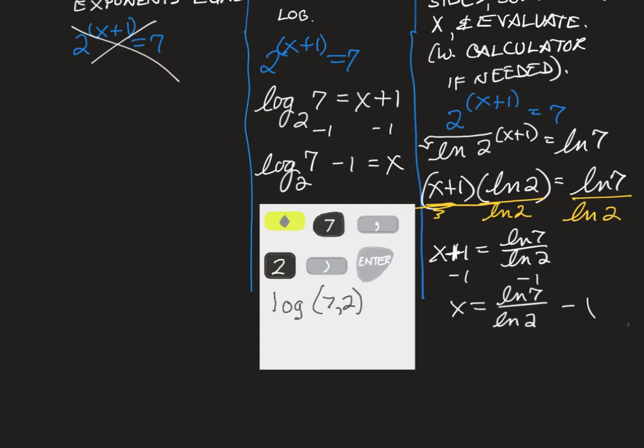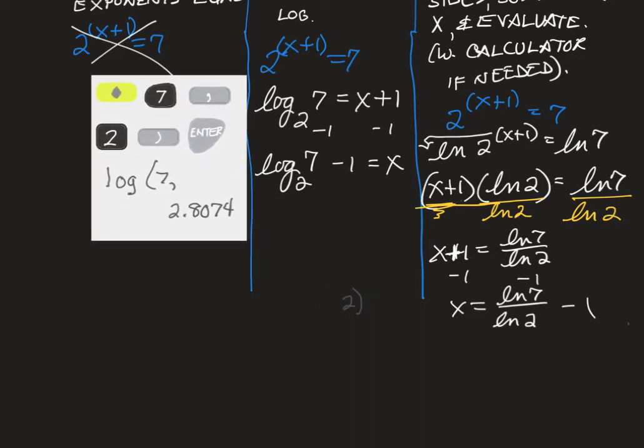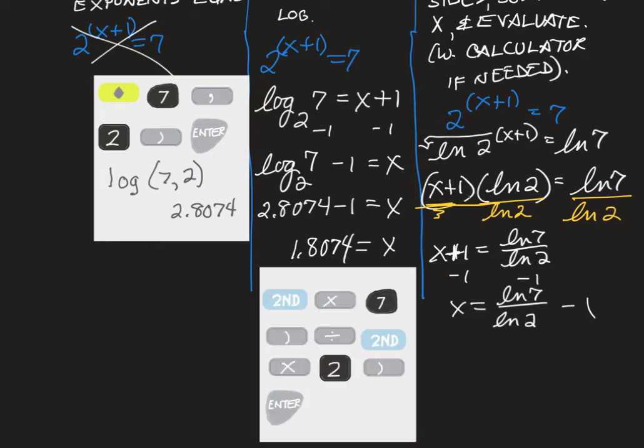And when you hit enter, it should return 2.8074. All right, that is the sequence for the log base 2 of 7. Then we need to finish the equation, which becomes 2.8074 minus 1 equals x, or x equals 1.8074. Here's the sequence on the TI-89 that will give you the answer to the equation that we have here